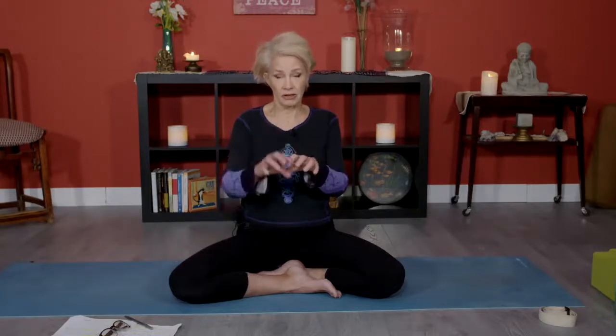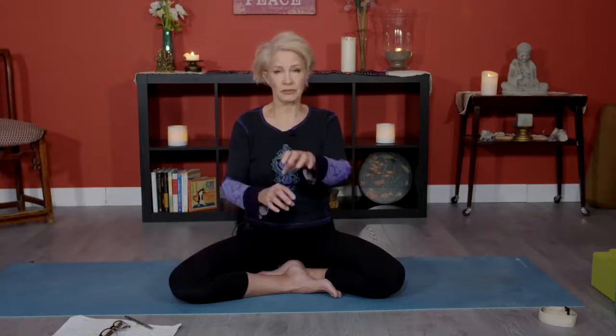The body works so hard 24/7 to try and keep us healthy. And if we ignore it, abuse it, one day it presents a bill. And sometimes we can't afford to pay that bill and we can't find doctors to fix it, or it's just a long, slow crawl back to wellness. Doesn't have to be that way. Just this 1 hour of yoga a week sets the stage in motion for you to have a calm demeanor, more energy,